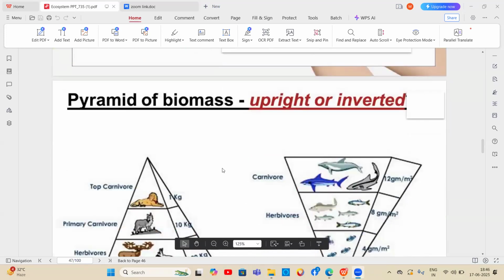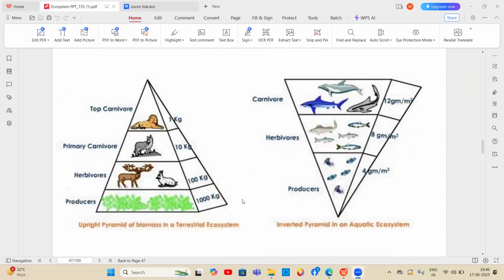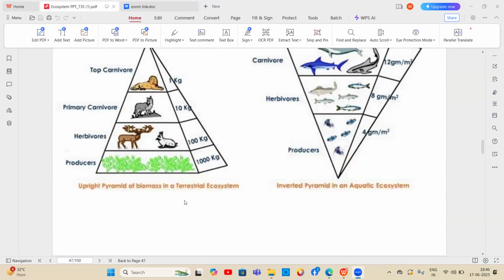So the pyramid of biomass may be upright or inverted. Here we can observe the upright pyramid of biomass in the terrestrial ecosystem. For example, for the producer, the biomass is 1000 kgs, and it decreases going to the top. So herbivore biomass is less, and when compared to the herbivores, the primary carnivores have less. Biomass is decreasing from the producer to the top carnivores. So an example for the upright pyramid of biomass we can observe in the terrestrial ecosystem,